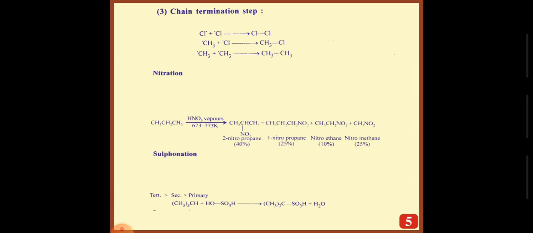Sulfonation. Higher and lower branched alkanes react with fuming sulfuric acid to form alkane sulfonic acid. Lower unbranched alkanes do not react in this reaction. The hydrogen atom of alkane is substituted by a sulfonic acid group. Substitution of the hydrogen atom of alkane by the sulfonic group follows the sequence: tertiary is greater than secondary, which is greater than primary. We can say